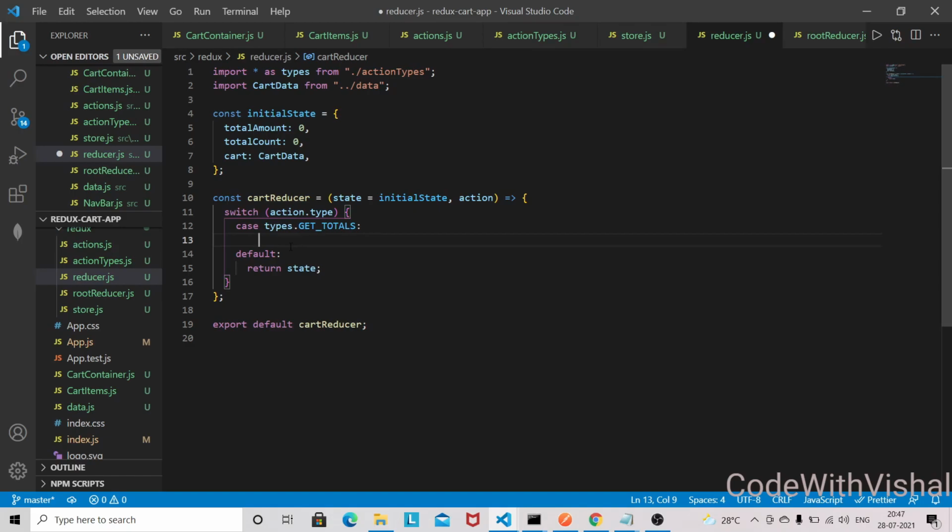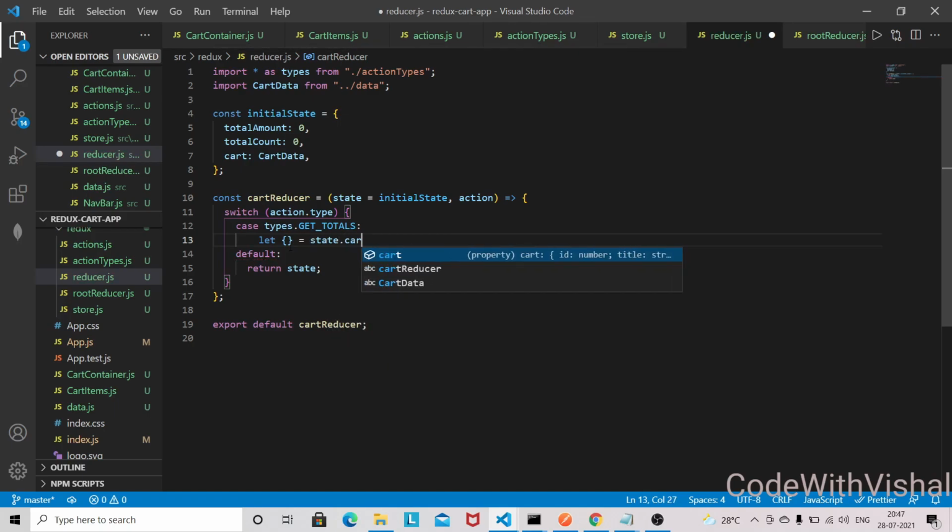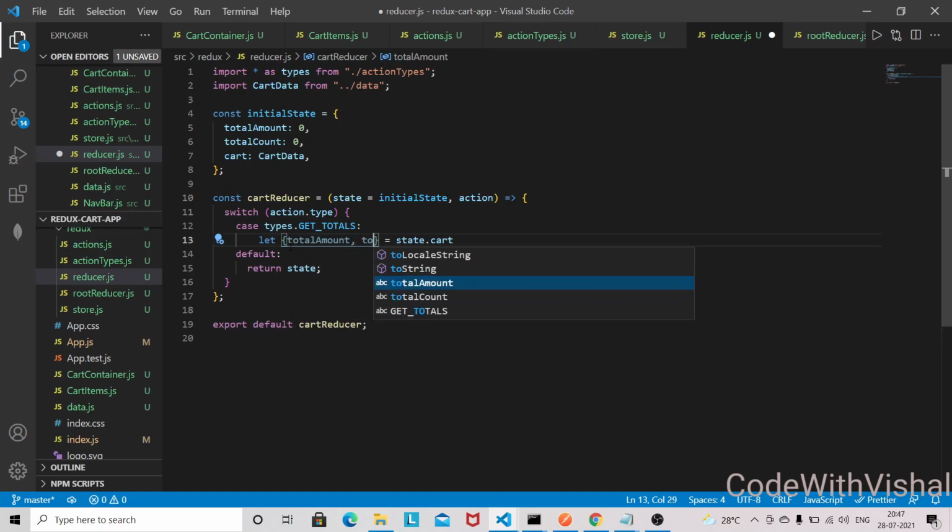So to get the total of our shopping cart, we need to write some logic here. So I'm going to destructure from the state, state.cart. Okay, state.cart, and we can destructure totalAmount and totalCount.